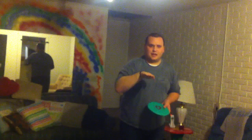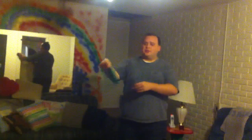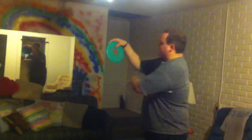The first one is for outward pop, which is the motion that you're imparting on the disc that makes it fly forward. So if I was just to stand here and do it, it would go in a straight line forward, probably fall 4 feet in front of me. So you have to incorporate the forward pop, the outward pop, with the upward pop to get a nice arc to the basket. So the first drill, what I do, I'll turn sideways so you can kind of see,